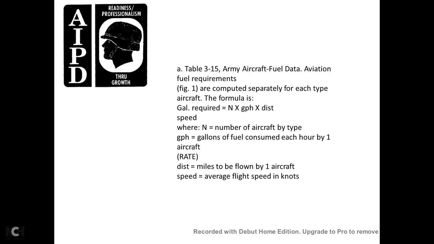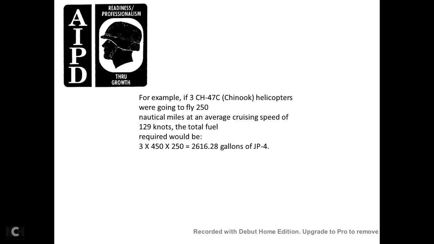Table 3-15, Army aircraft fuel data, aviation fuel requirements, figure 1, are computed separately for each type of aircraft. The formula is gallons required equals the number of aircraft, times the gallons of fuel consumed each hour by one aircraft, times the distance in miles flown by one aircraft, divided by the flight speed in knots. For example, if you have three CH-47C Chinook helicopters flying 250 nautical miles at an average cruising speed of 120 knots, the total fuel required would be 3 times 150 times 250, equaling 2,616.28 gallons of